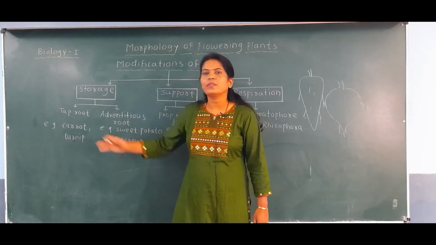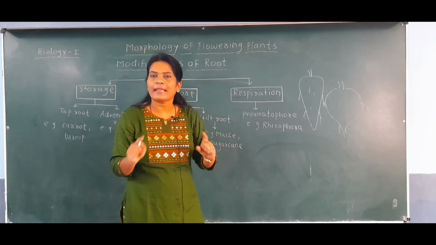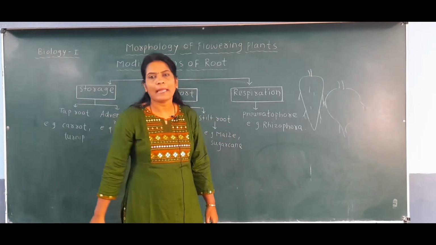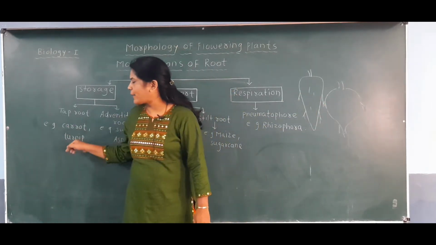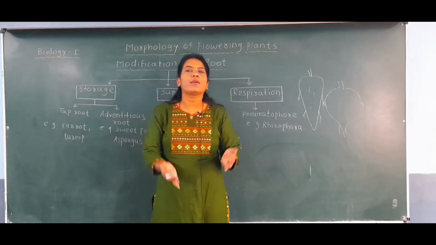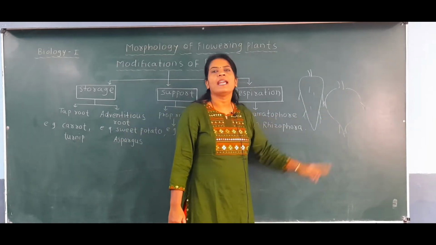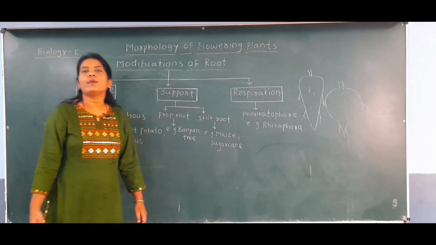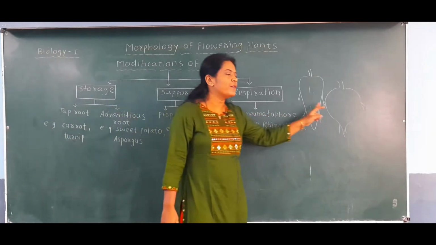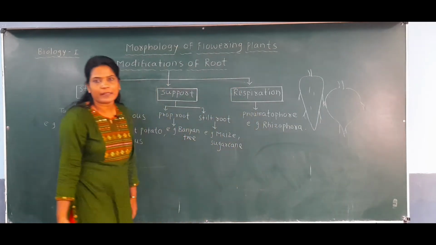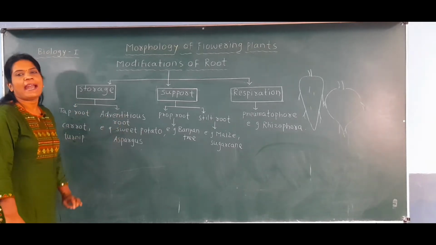Generally the taproot has a main primary root and its lateral branches, that is secondary and tertiary roots, together forming the taproot. But here you cannot observe such a structure in the examples carrot and turnip, because they get modified, because they store food in them, and that's why for the storage modification these roots look like this. Here you have to remember that carrot and turnip get swollen due to the storage of food. That's why their structure becomes swollen, and these are the examples of the taproot modified for the storage of food. The second root is the adventitious root.